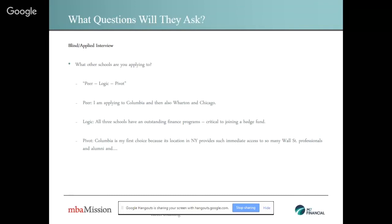The best way out of this trap question, what other schools are you applying to, is to immediately mention what other schools you've applied to, some peer schools. Mention, very briefly why you applied to all the schools, and then immediately pivot back to why Columbia, in this case, is your number one choice. So for instance,